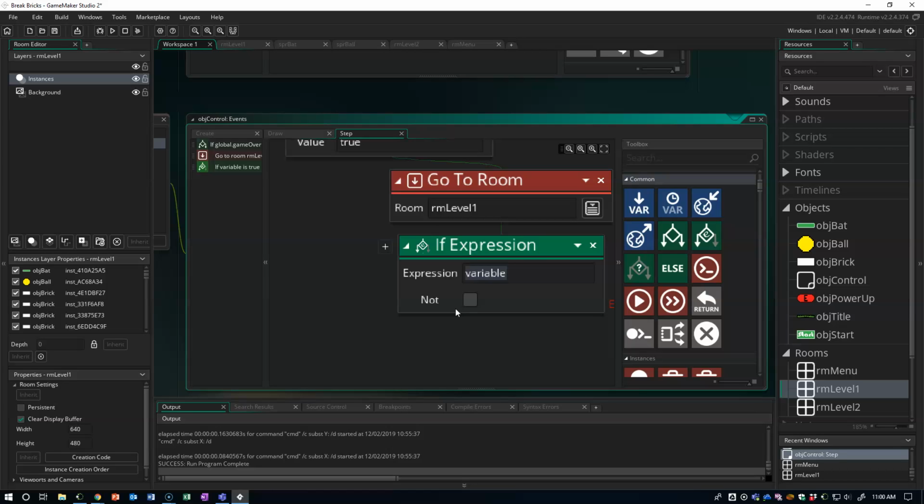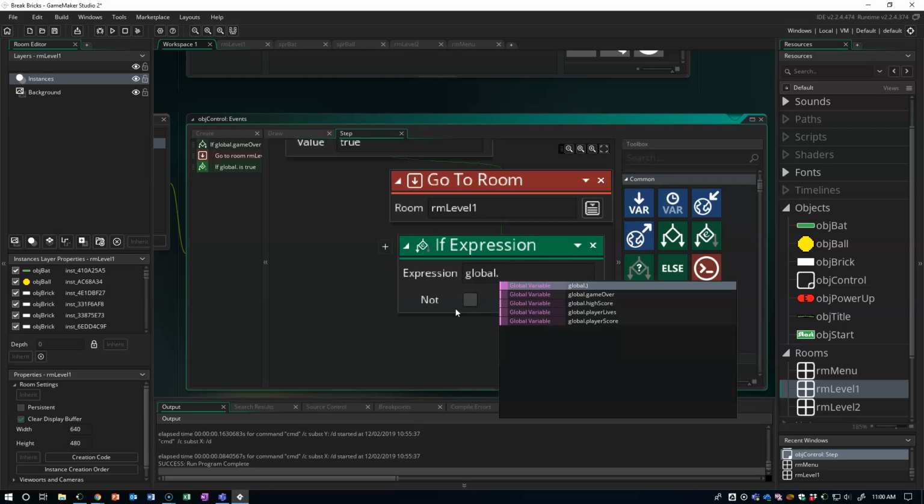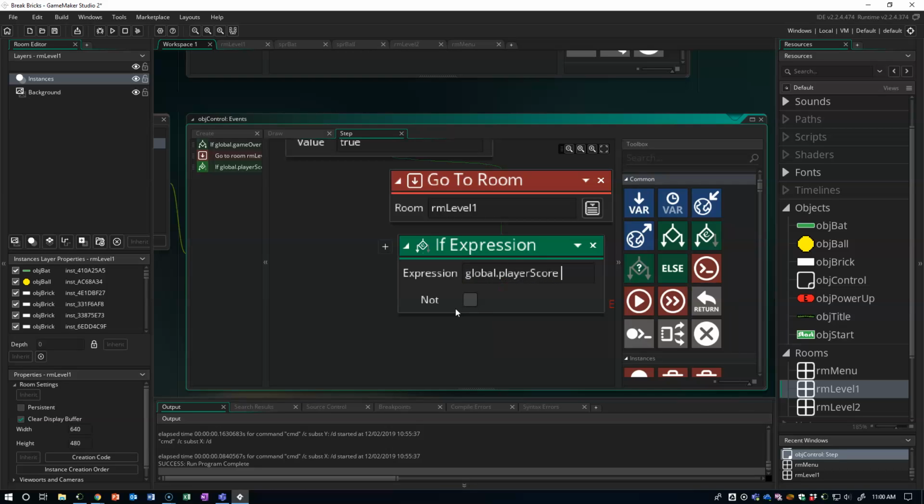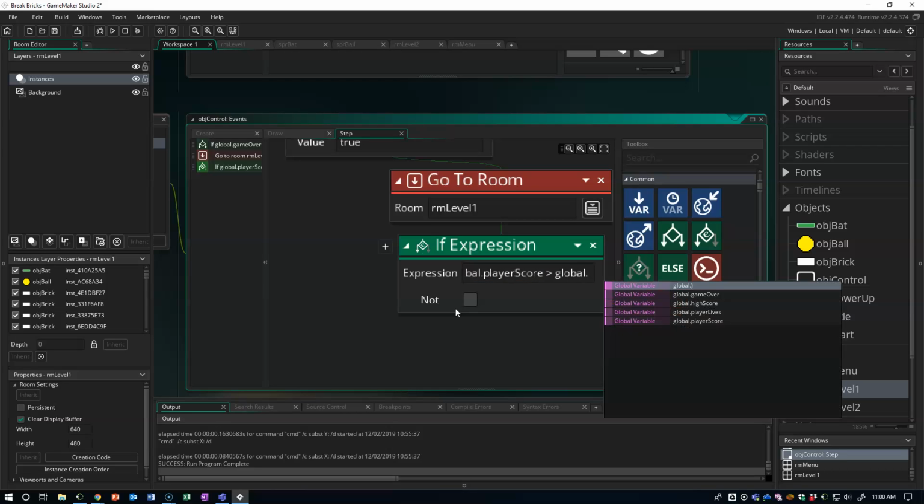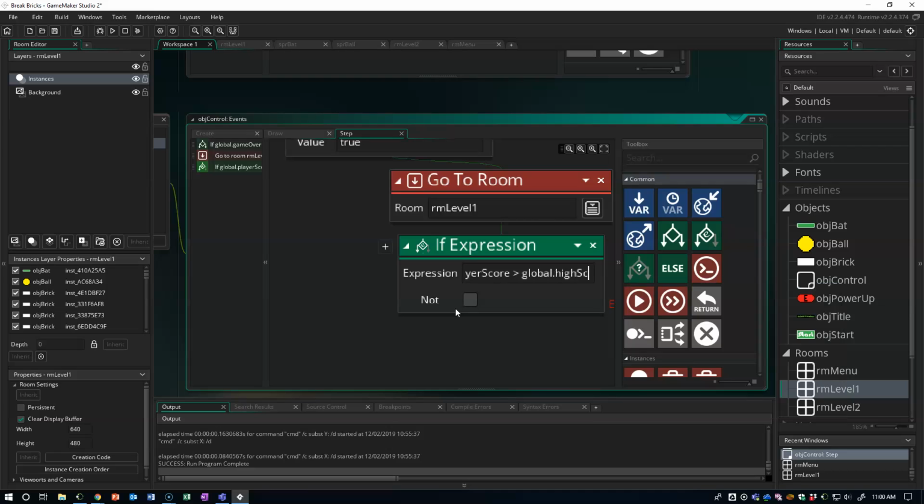You ready for our expression? It's actually pretty simple. Global.playerscore greater than global.highscore. Because we know what that means. Global.playerscore greater than global.highscore: is the player's score higher than the current high score? And if it is,